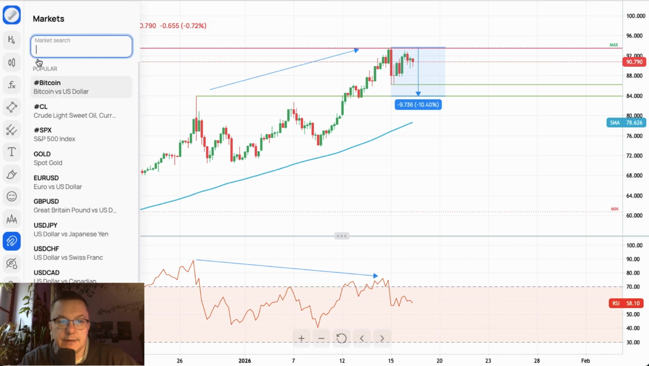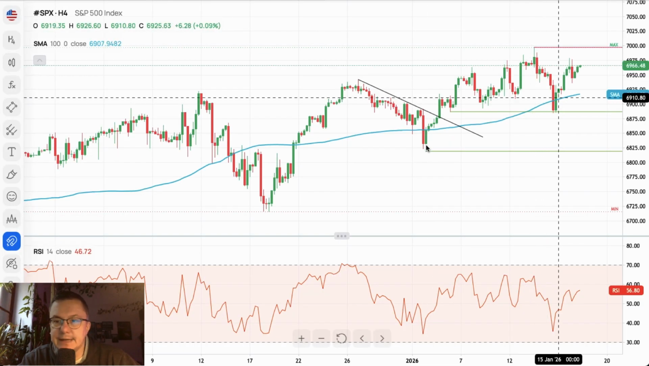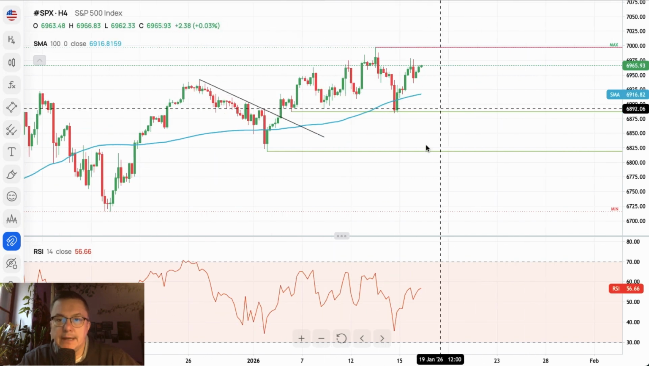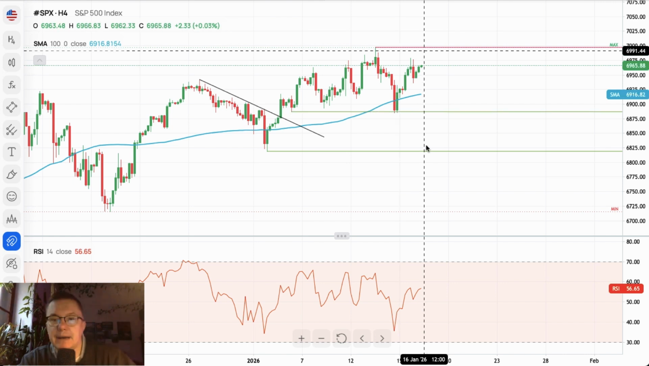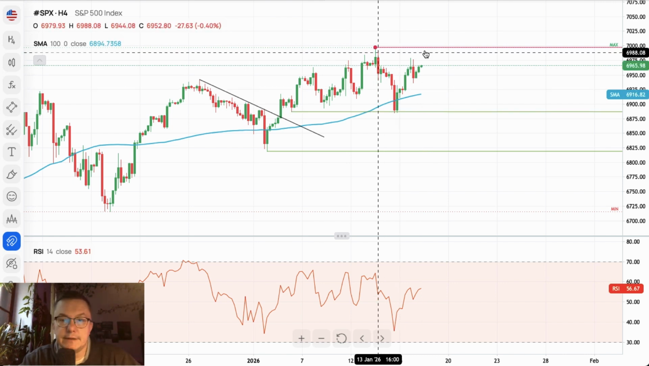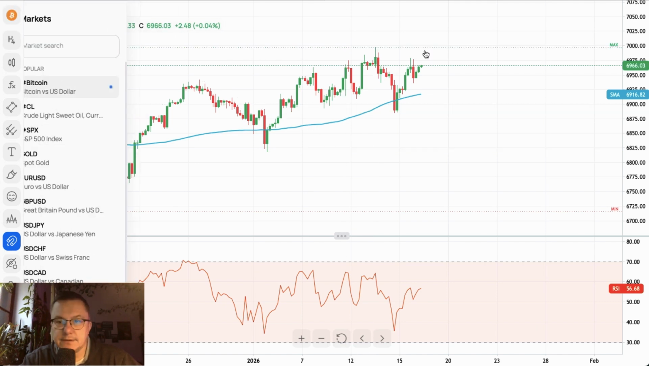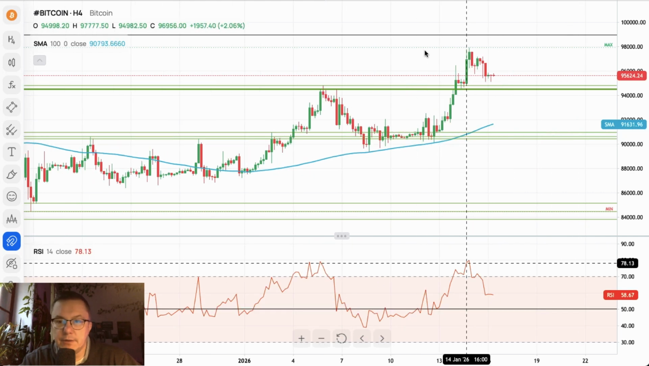Looks like the S&P 500 is still inside of this consolidation, so there is not much to talk about on the S&P 500. We hit the level of 6,886, bounce from it, and the market is getting ready to hit the 7,000 points level on S&P 500. And last but not least, the Bitcoin continues the pullback from the extremely overbought conditions after the local high was made at